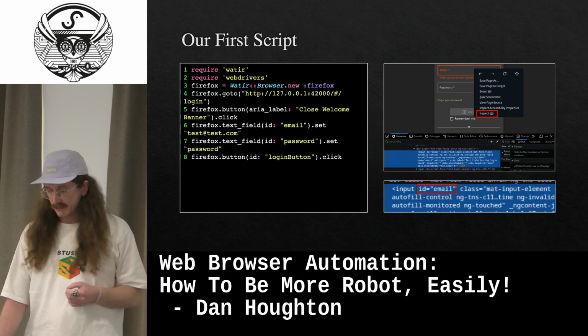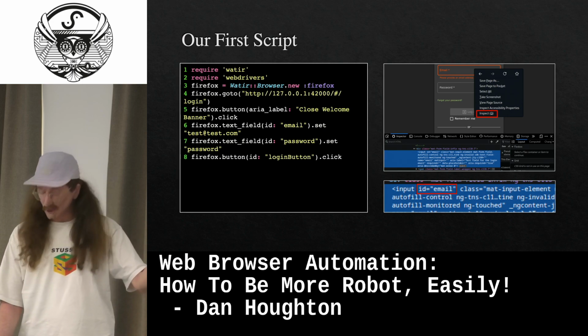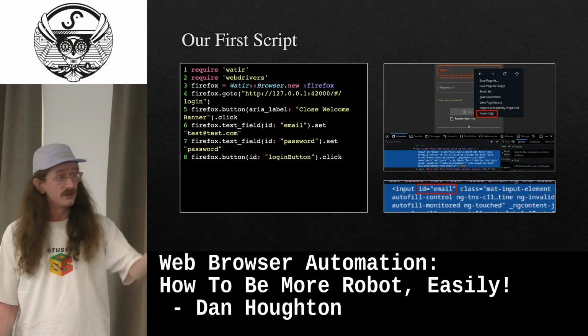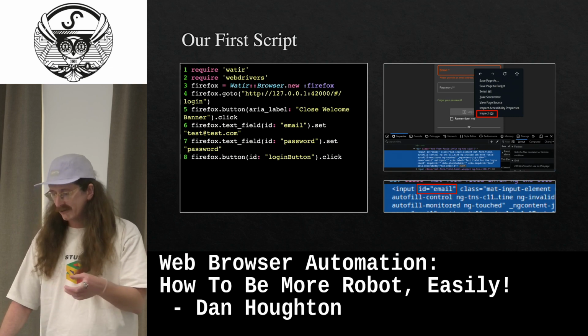Then we can just do the exact same thing with the password. Field ID equals password, set password. And then we can do the exact same thing with the login button, ID, login button, and then we just click it. Now, just to quickly touch on line 5,